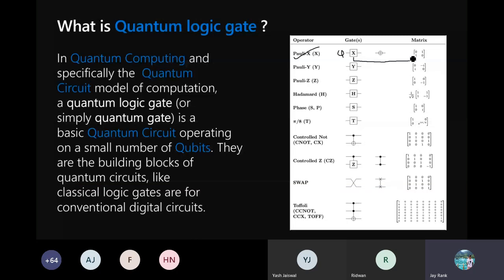Let's say this qubit has a quantum state of 0, so this will be 1 and 0, and this will be an outer product of this gate. This gate takes this matrix mentioned here and applies an outer product with the incoming quantum state, and the output will be the outer product of both matrices, right?